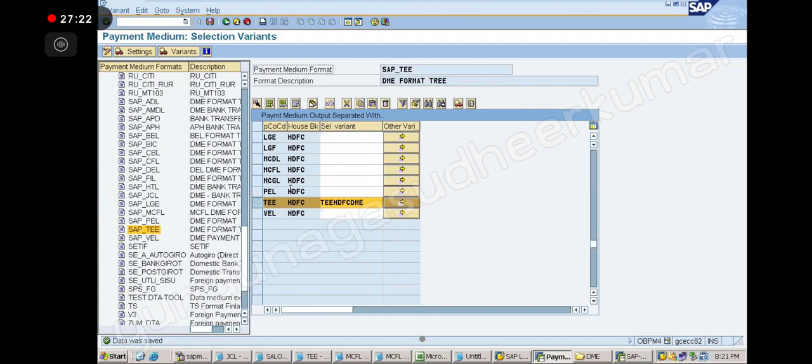So with this we have completed all the basic configuration steps. Now we need to test it, whether it is creating a file, is it getting stored with the bank details and all that. So first let us try to understand what will happen.